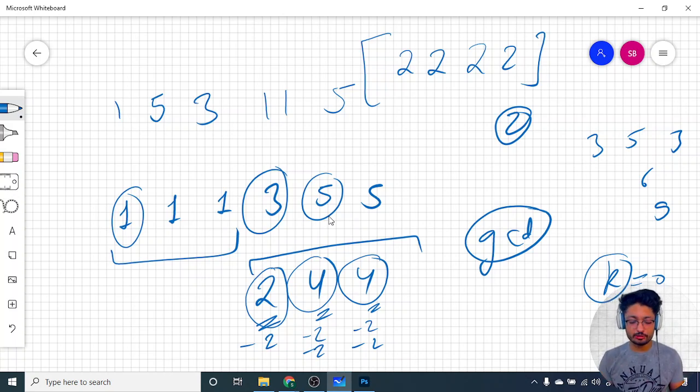So how can you check that out? Easily, just sort them out. You already have to find the smallest number, so what you can do here is just sort the whole array. If the first number and last number are same after sorting, it means that all the numbers in between are also same, because it is a sorted list. Else, if it is not same, just subtract the second number from the first number, the third number from the first number, and all the differences, just do a GCD of all that. And that's the logic for this problem.